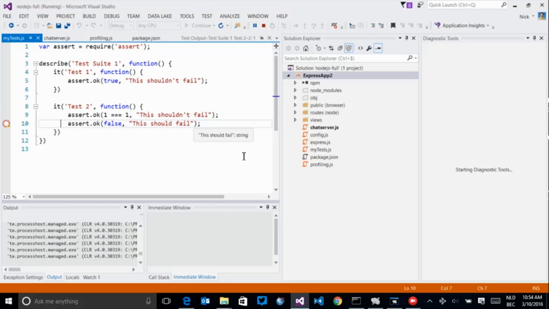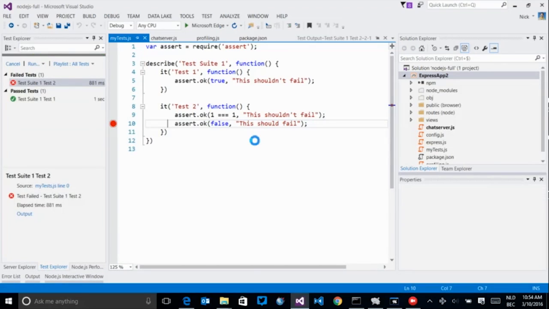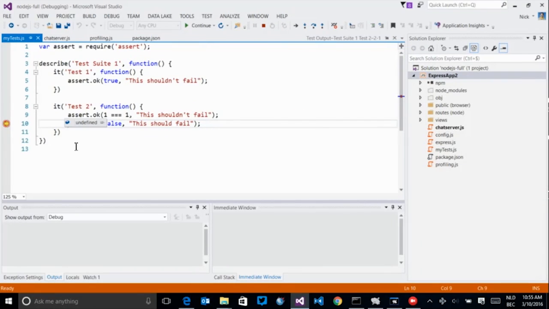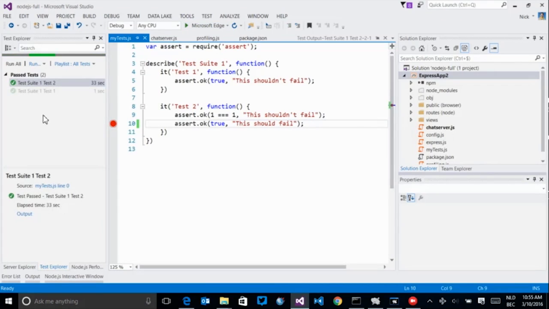Let's see if this one works okay. So it's starting up. Are we hitting our breakpoint now? There we go. So we are hitting our breakpoint, and we can see that assert OK, and we notice, well, we're testing for OK, and basically we get a false value. What we can do is we can fix this test straight away. We can say true. If we save it and continue, it's going to rerun our test, and all of a sudden we can see that we have 2 passed